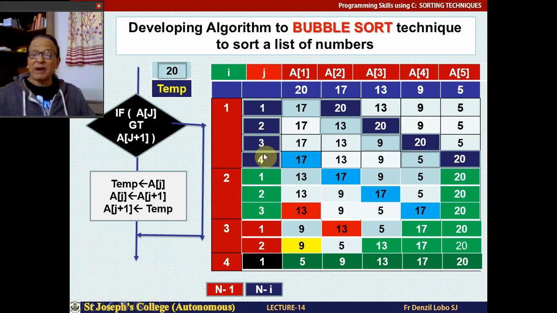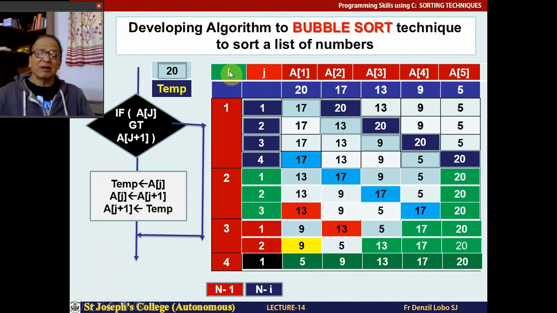So I is equal to 1, it becomes 5 minus 1. I is equal to 2, it becomes 5 minus 2, 3 times. I is equal to 3 it becomes 2 times, I is equal to 4 it becomes 1 time. So this will give you an idea about the loops we are going to have. Therefore we need to have the two loops here.